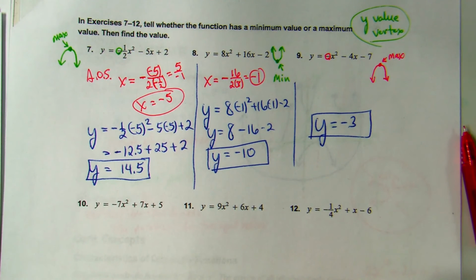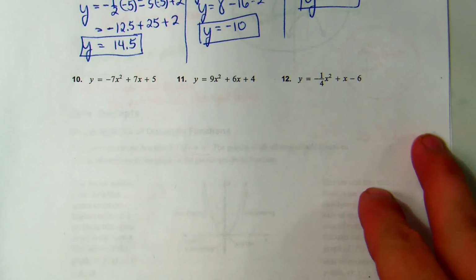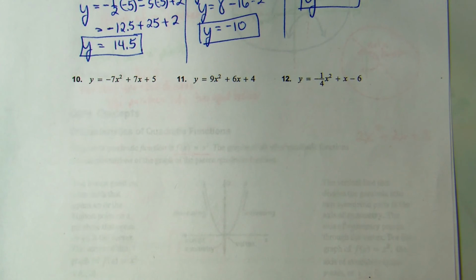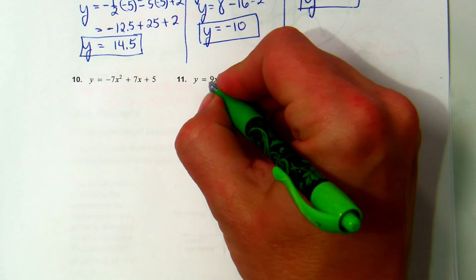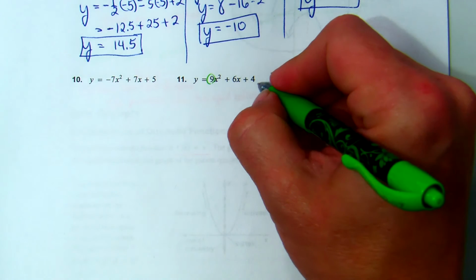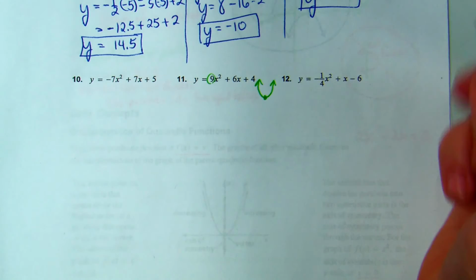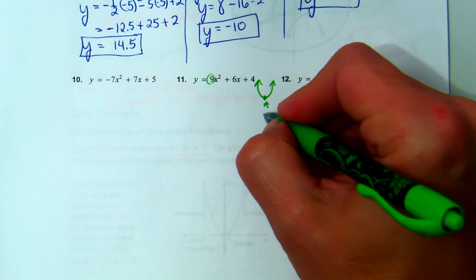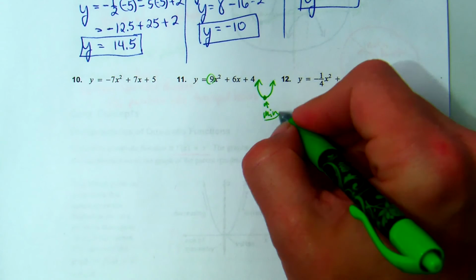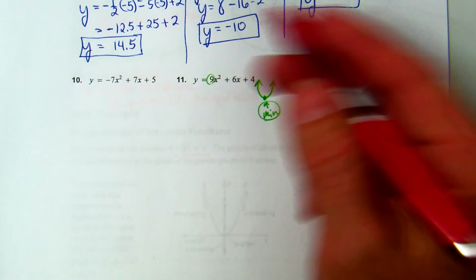Let's do number 11 here. On number 11, again, is this positive or negative? It's positive, and so we know that this graph is going to open up or down. It's going to open up. So is this a min or a max? This is going to be a min. Okay, so we know that's going to be a minimum, and we know we need to find our axis of